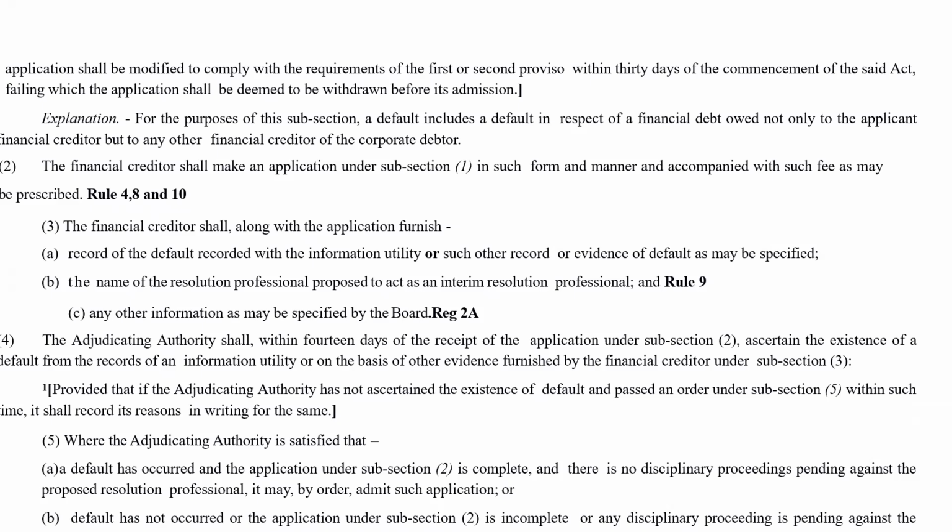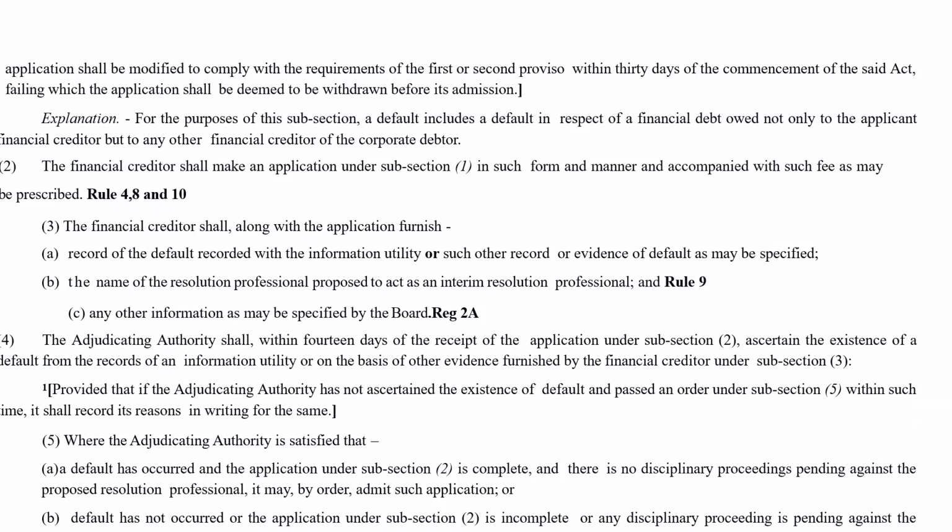Because suppose you are a normal creditor. So first question, you are not a bank, you are an individual who has given a loan to a company. Whether you can file an application against the company, or only bankers are allowed, or only home buyers are allowed. You are an individual. Whether you can file an application under section 7. The answer is yes. So anybody can: corporate, non-corporate, individual, partnership firm.